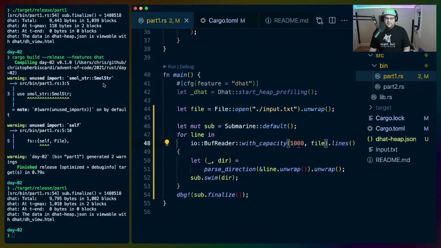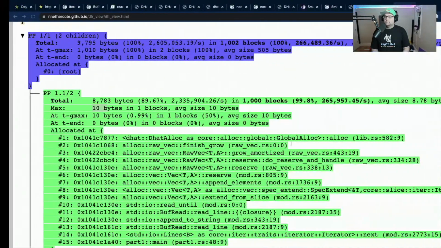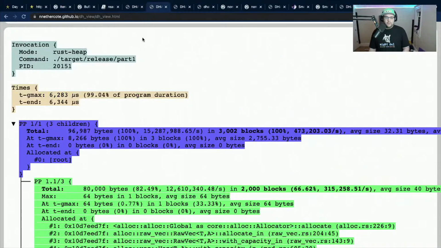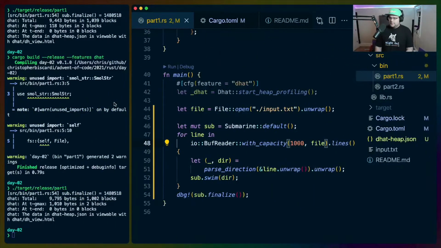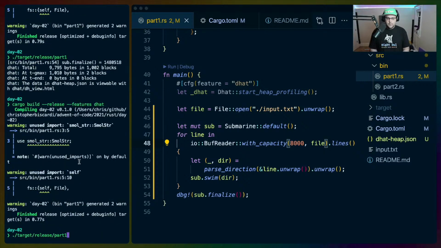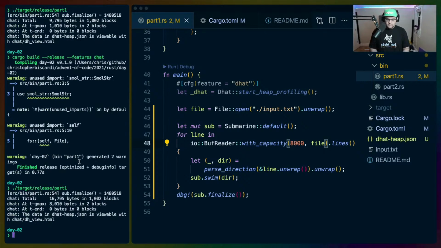So what is the file size? File size was like 7726 or 7714. So if we do 8, and we run this, it doubles the total again,